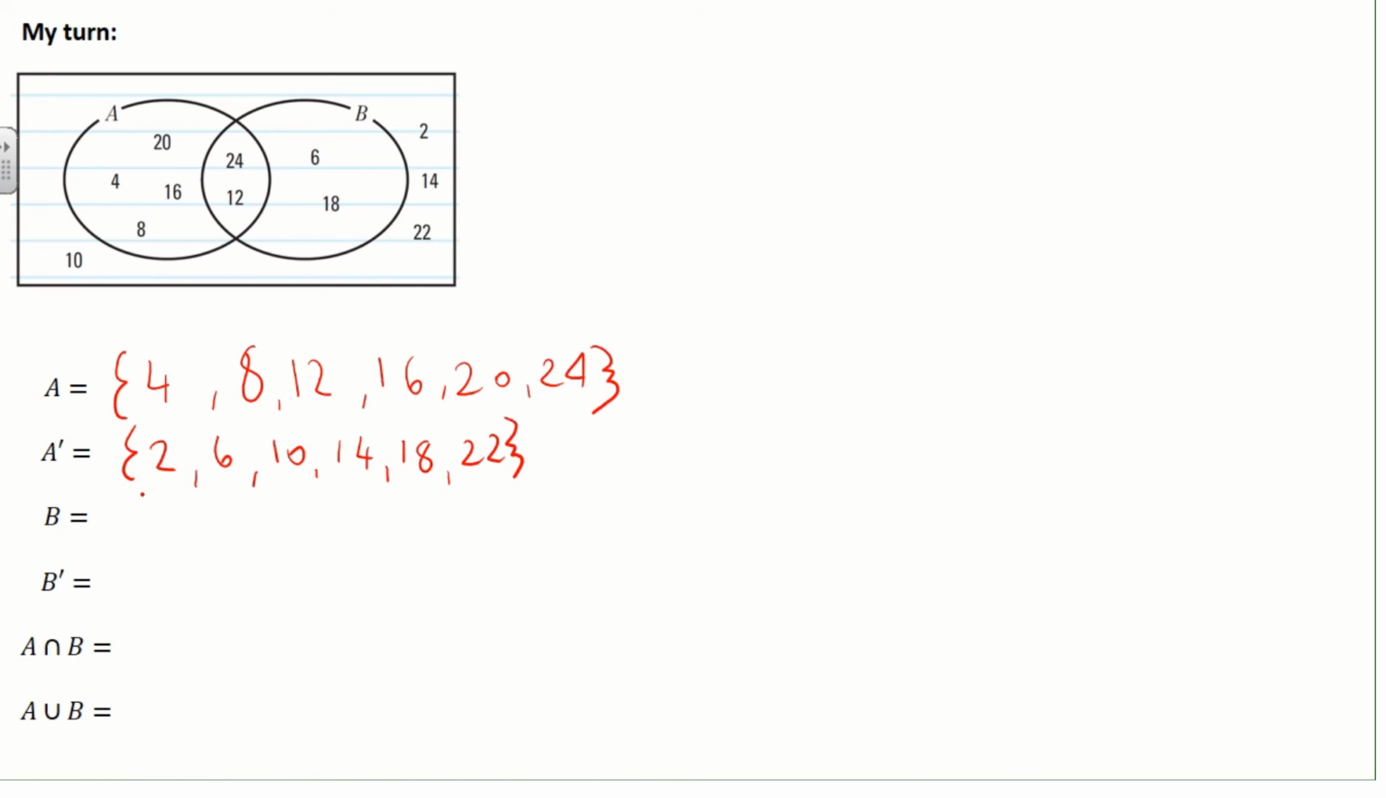So just speeding up a little bit. B is going to be anything that's in B. So we've got 6, 12, 18, 24. Not in B is going to be anything that's in this section